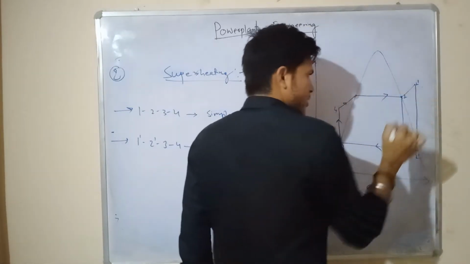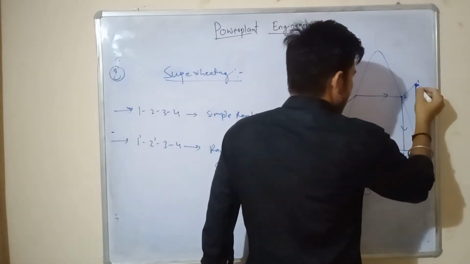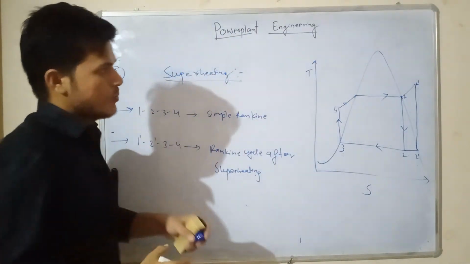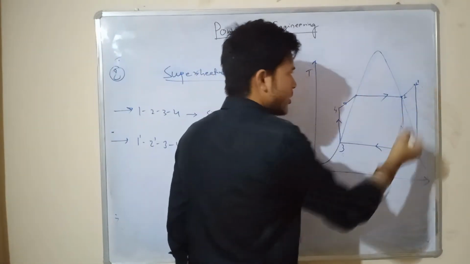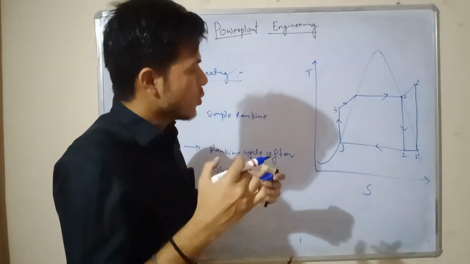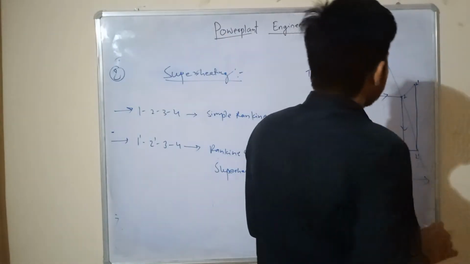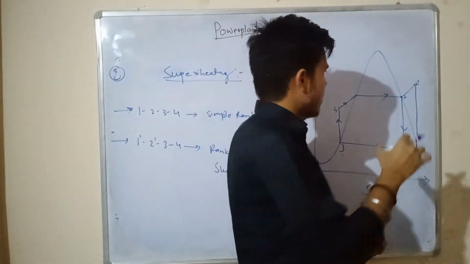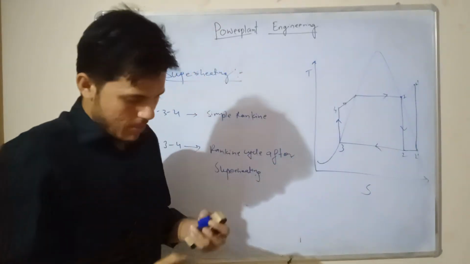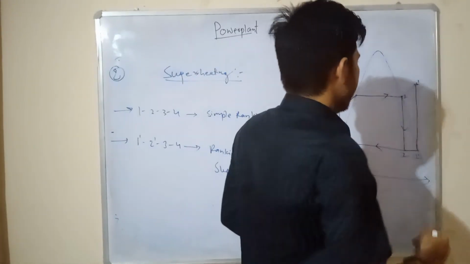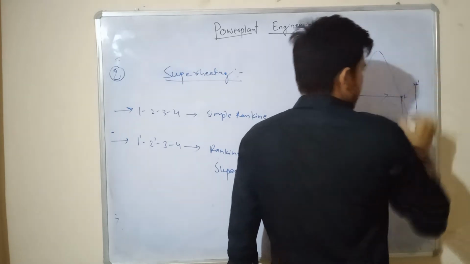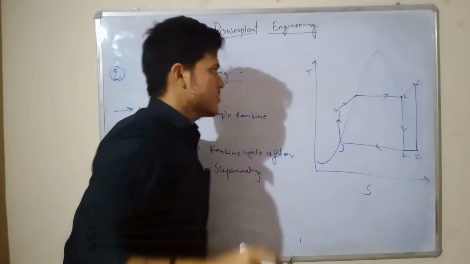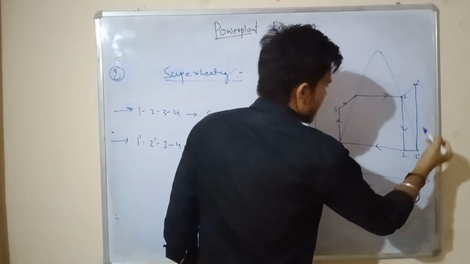When the saturated vapor enters the superheater, there is a coil contained in the superheater, and the superheater absorbs the heat and makes it a superheated stream at this point. Okay, so after that, the superheated stream is expanding from 1 to 2 dash